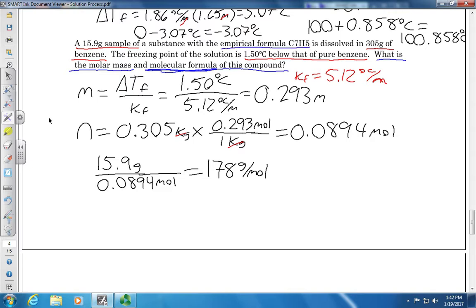If we take our C7H5 and calculate the molar mass of that, we'll find that it equals 89.11 grams per mole. So if we take our 178 grams per mole, and we simply divide by the molar mass of the empirical formula,